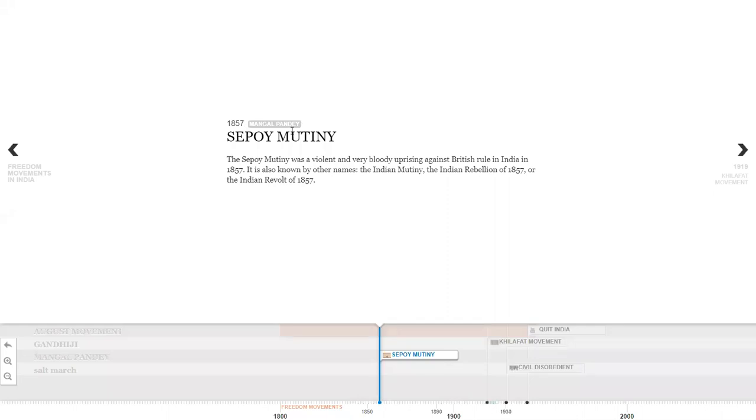You can see the tag as Mangal Pandey and the body text. And down you can see all these other movements. When I take the cursor on it, it is getting activated. It is enlightened. Here you can see the Sepoy Mutiny. Now we are on the Sepoy Mutiny page, and this has been enlightened here, Sepoy Mutiny in the timeline. This is the timeline phrase. Now I'm going to the next